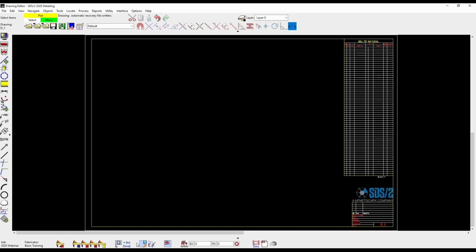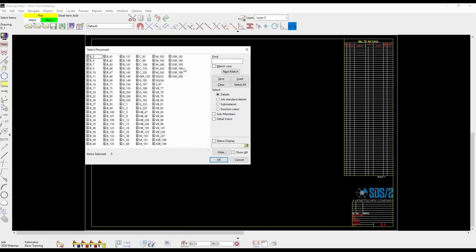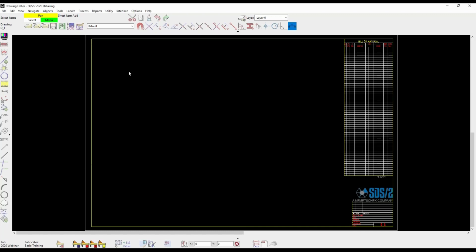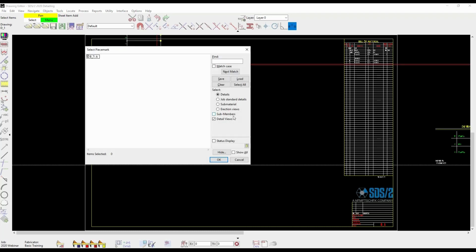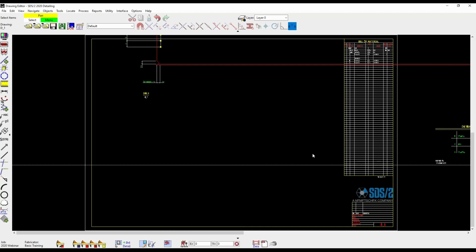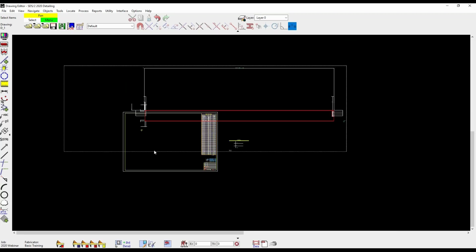If I come in here and go to my sheet item add, and I go to B7, I do have the option over here for detail views. If I go to detail views, I can directly add B7A to this drawing. So if I come here, I will notice that I got the whole drawing B7A. I have one more step that I need to do. If I come in here and I edit this,